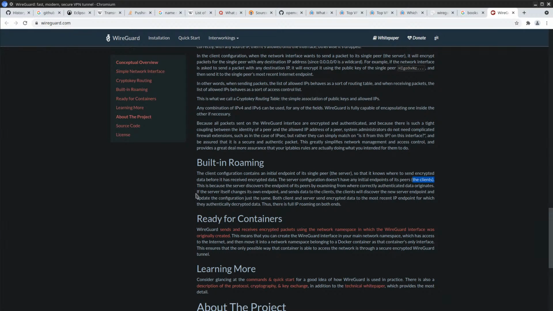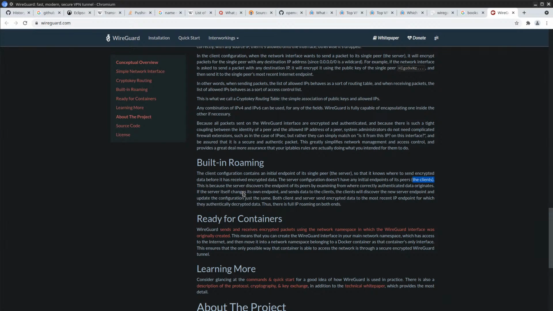This all sounds good. If the server itself changes its own endpoint and sends data, the clients will discover the new server endpoint and update the configuration just the same.